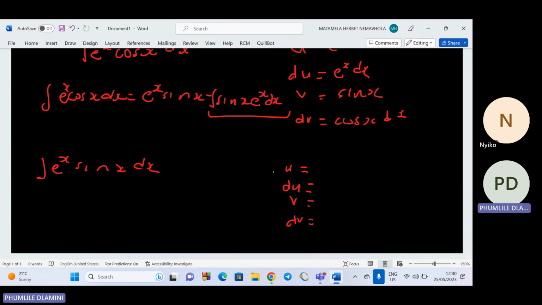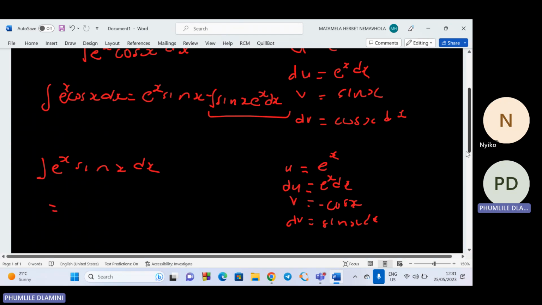This one is not really tricky. It's just that there is something that I need you to take into account when we are doing it. I will put e to the power x, e to the power x dx. Then it will be sine x dx. But before it was cos x, we know that. But when we differentiate cos x, it's going to be negative sine x. So which means here it will be negative cos x. So this one here is going to be equal to